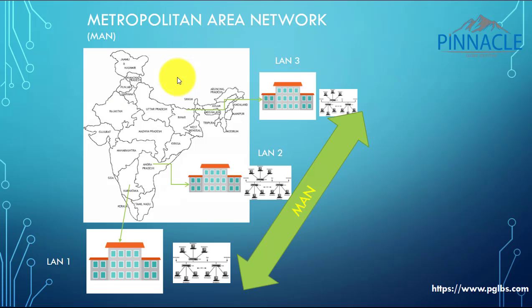Once you understood the local area network, let's see what you mean by metropolitan area network, which we call MAN. MAN is an expanded version of LAN because it covers a larger area than LAN, such as small towns, cities, etc. MAN connects 2 or more computers that reside within the same or completely different cities. Now I'll give you an example.